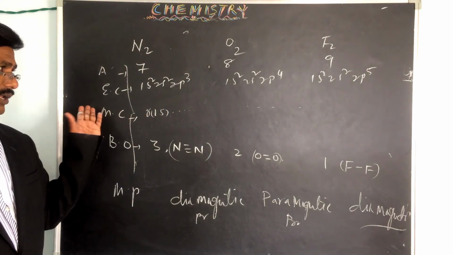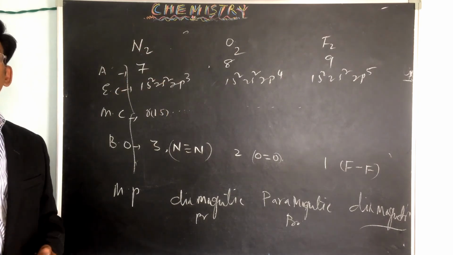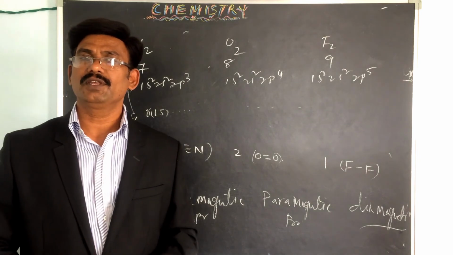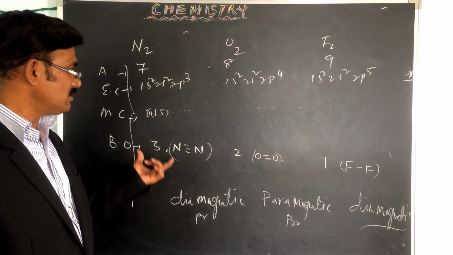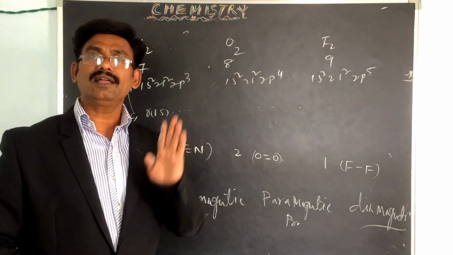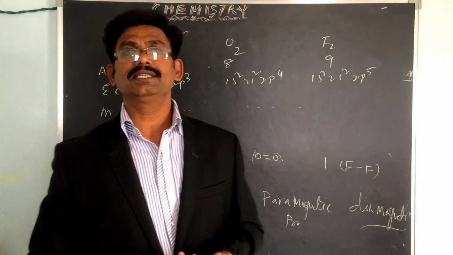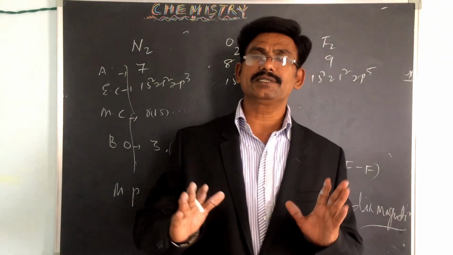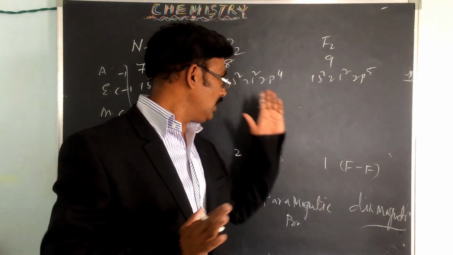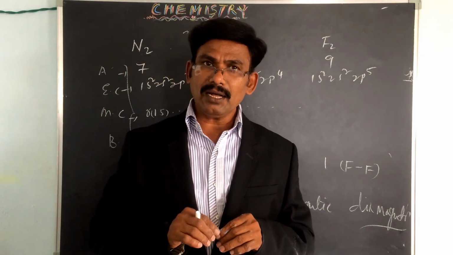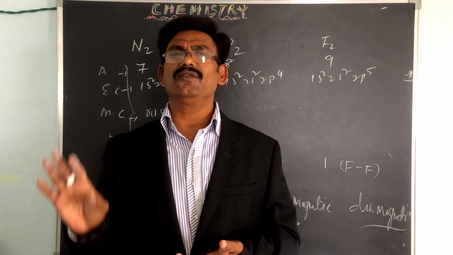I have not written the molecular electronic configuration, so you have to write that one. If you want, I will write the molecular electronic configuration also, but the space is not enough here. But you have to write it; these are the differences. So nitrogen molecule, oxygen molecule, and fluorine molecule. Just learn the molecular energy level diagram. If we know the molecular energy level diagram, we can identify the magnetic property, bond order, and molecular electronic configuration.